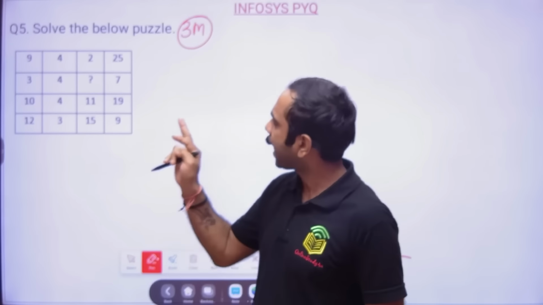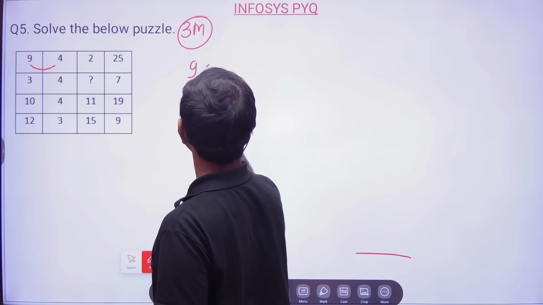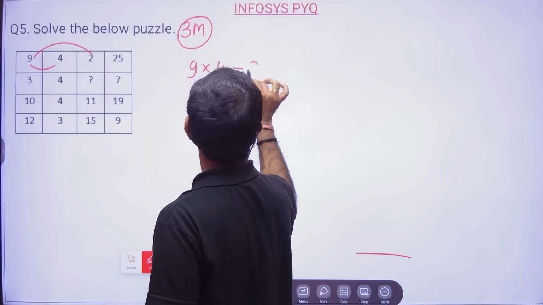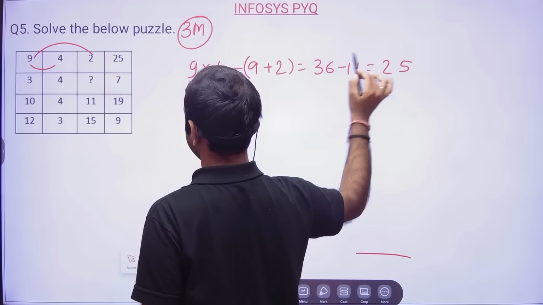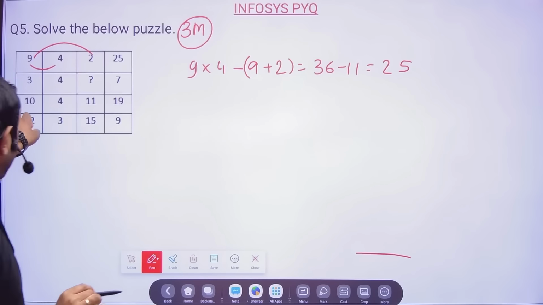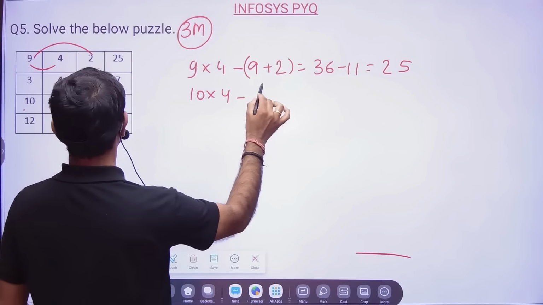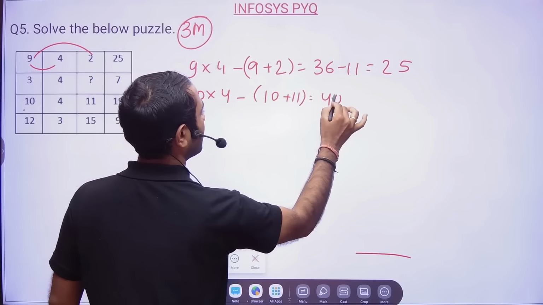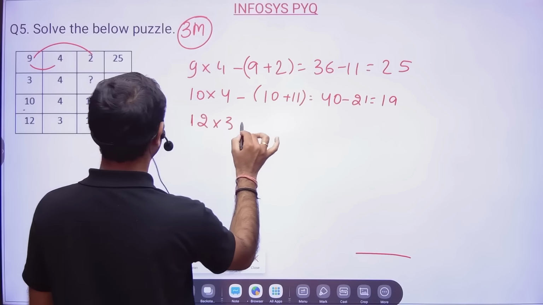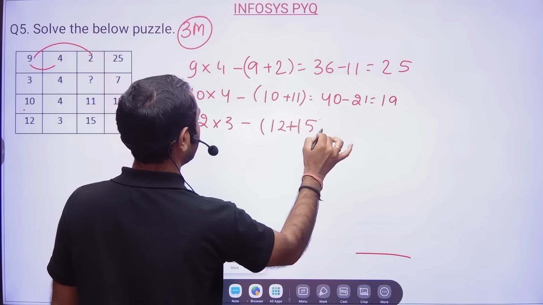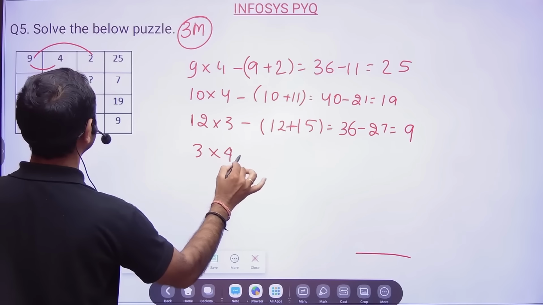Okay. Fine. Now 9, 4, 2, 25. So here what we can do, you see, if we multiply these two, 9 into 4 is 36 minus, and then 9 plus 2. So what will happen, sir? 36 minus 11 will be 25. Sir, the same logic will apply here. Let us check. So this is 10 into 4 minus 10 plus 11. So it will be 40 minus 21 is equal to 19. Yes, sir. Perfect. Then 12 into 3 minus 12 plus 15. So it will be 36 minus 27 is equal to 9. Very good, sir. Perfect. Then here 3 into 4, minus